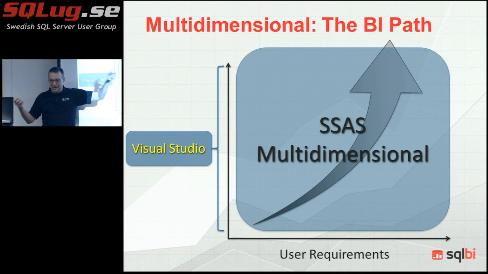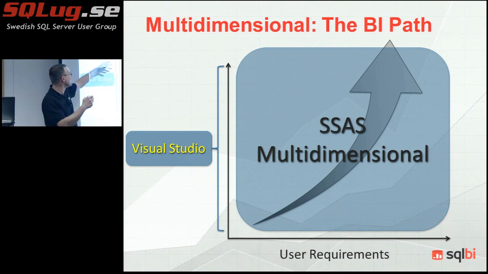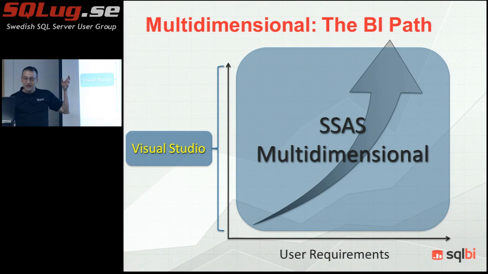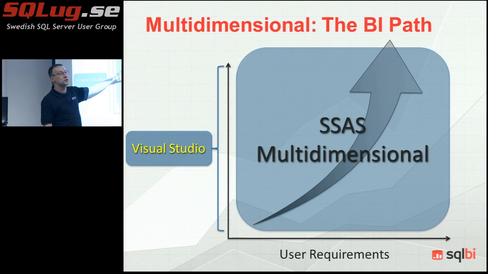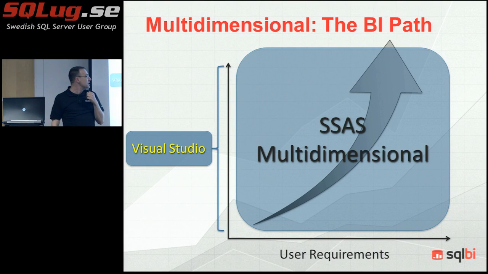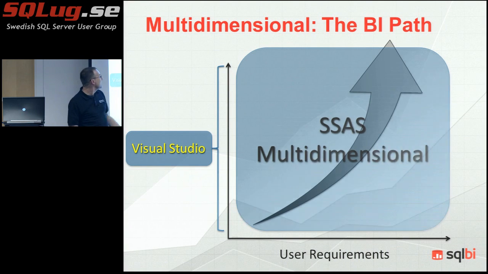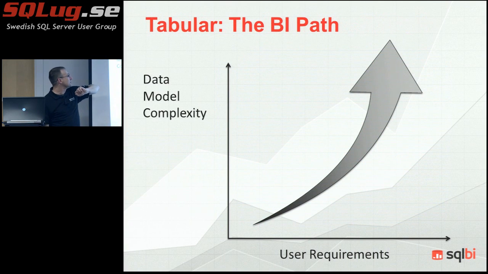And this is good. I mean, we got a lot of money because there is multidimensional and we are the only ones who know how to make it work. But now, the sad reality is that there are really too many users and too few BI professionals. Or if you prefer, there are not enough BI professionals because BI demand is always increasing. In tabular,